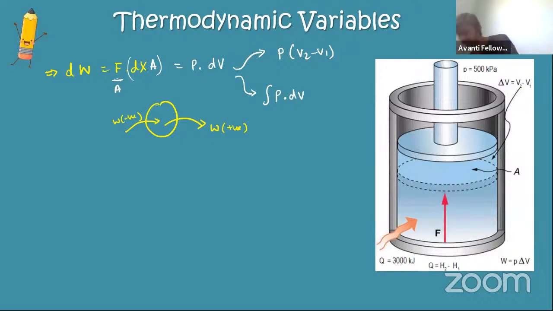Sir, why do you divide and multiply by area? Bro, simply because force is not a good term to understand gases, but pressure is an easy term to understand gases. For gases, you can't measure the distance they travel, but you can measure the volume. So for gases, we can usually measure pressure and volume more easily than these two. That is why I converted it into this formula.